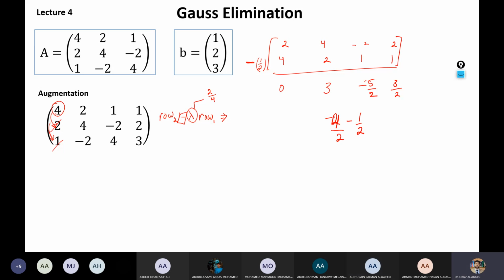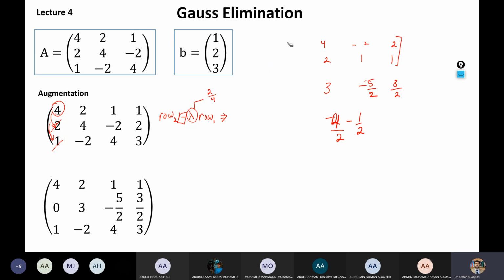Okay, sure. So we are done with this row now. I think I need to erase this a bit. And I can calculate the next row now. I can move to the next row. So again, row 3 minus lambda, a new lambda, times row 1. Always the pivot, guys. How much should this be? 1 over 4. So 4 1 minus 2 4 3